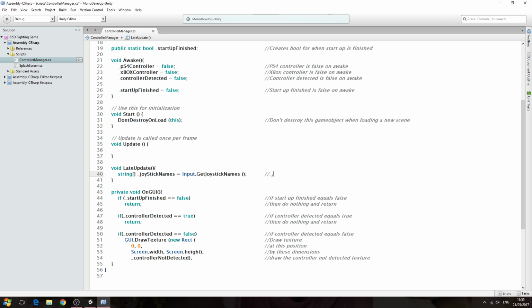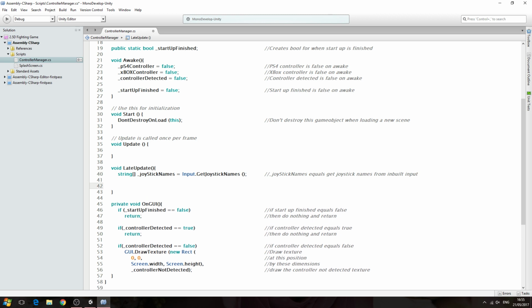In the comments we'll use that naming convention of underscore joystick names, and we're going to say it's going to equal, and we'll say get joystick names from inbuilt input, and we'll come below here. So Unity has inbuilt inputs for all different types of joysticks, and they have names. So we get the list of joysticks that Unity has, we assign it to this array